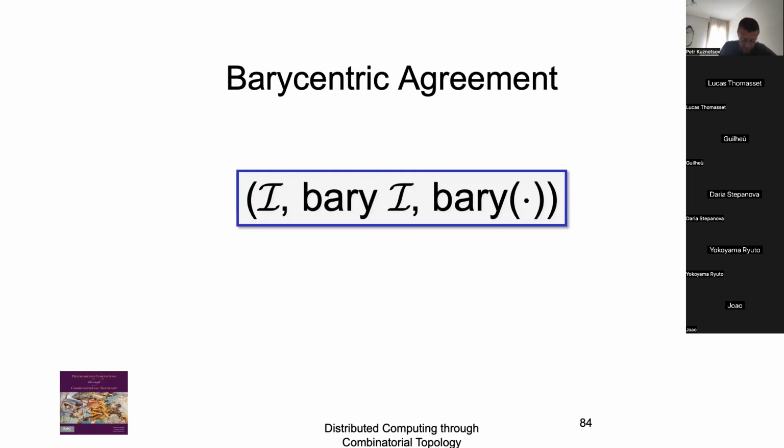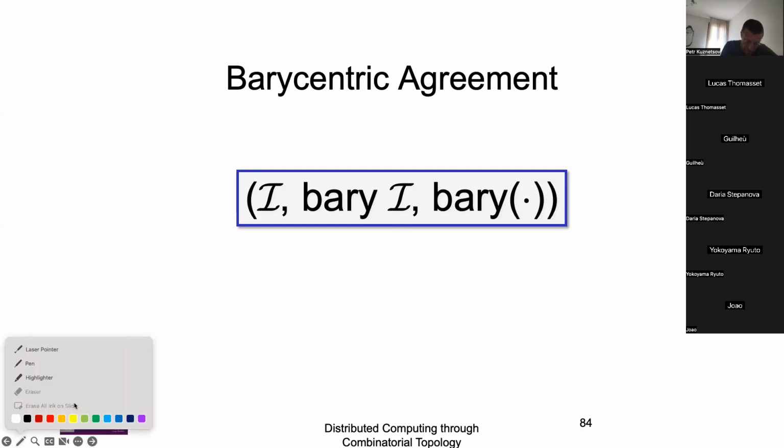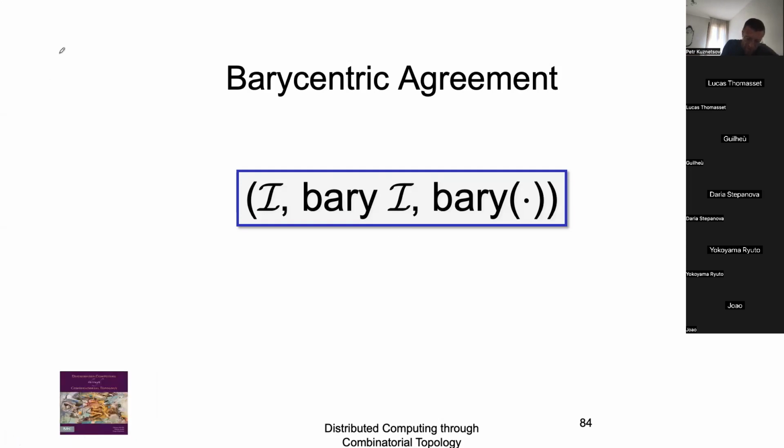Maybe I can just illustrate it, but I think it's clear from the way I do it. If you have a complex consisting of more than one simplex, something like this, what is the barycentric subdivision of the complex? I have a barycentric subdivision of each of them. So I have the barycenter of each simplex in this complex. And that's it. So you have, for example, this face subdivided in a barycentric way